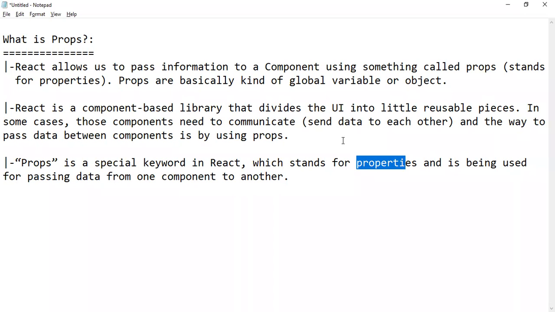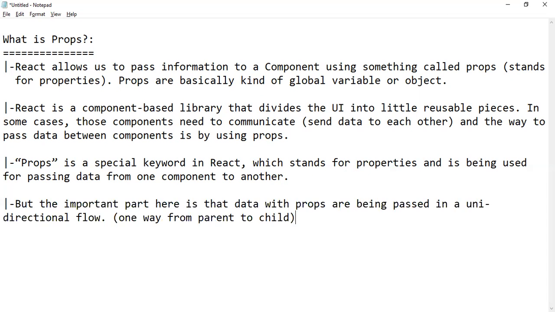Unidirectional flow means you can pass the data only from parent component to the child component. We can't pass information from child component to parent component using props. So the important point here is that props are passed in a unidirectional flow, one way, from parent component to the child component.